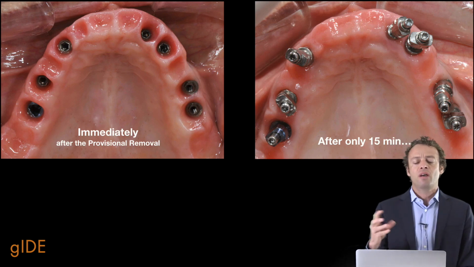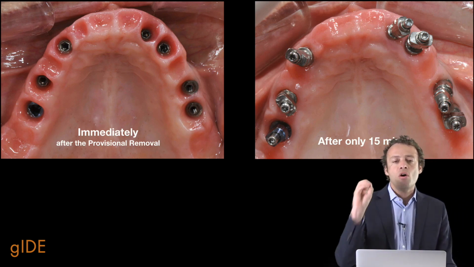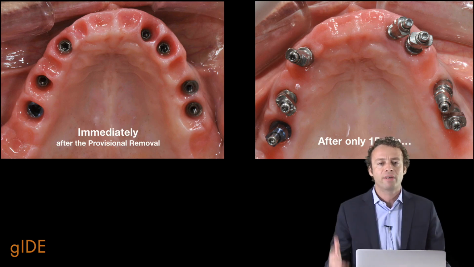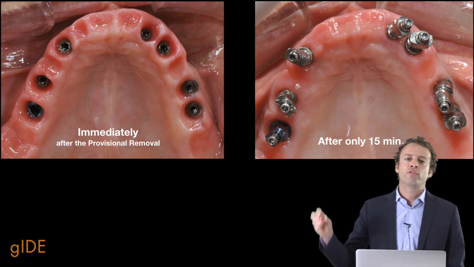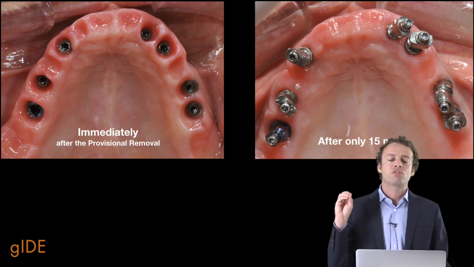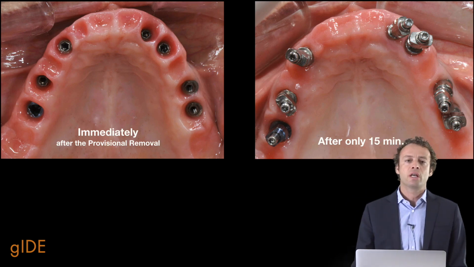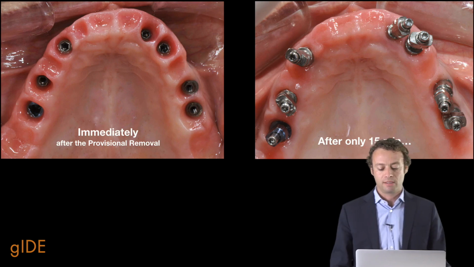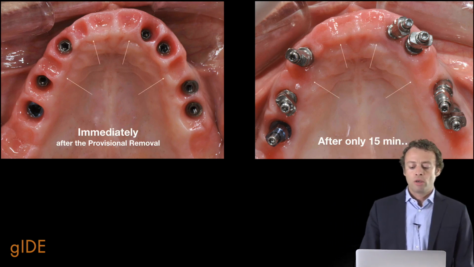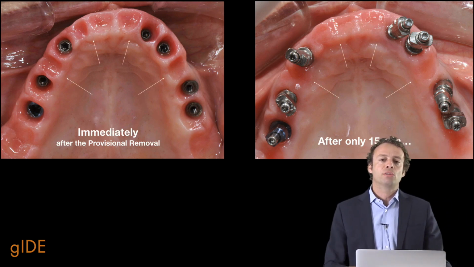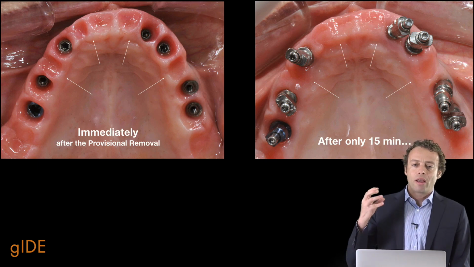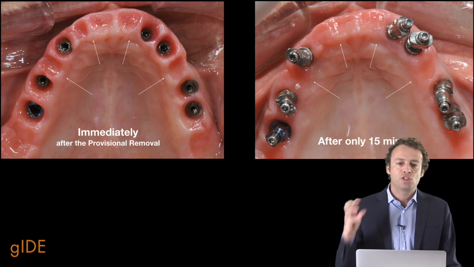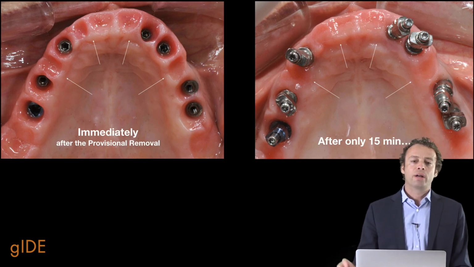So if I take a normal, traditional impression, of course the dental technician will not have an ideal model to work on. And for sure the framework that we receive from the lab will have many problems and will require many adjustments. So what can we do to fix this problem and to be able to get a good impression, so that the dental technician can also achieve an ideal model